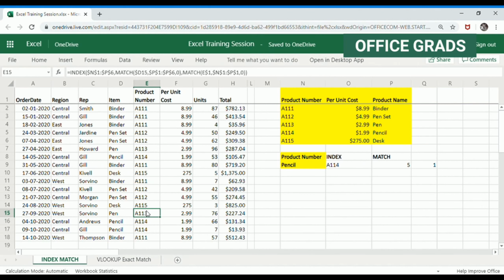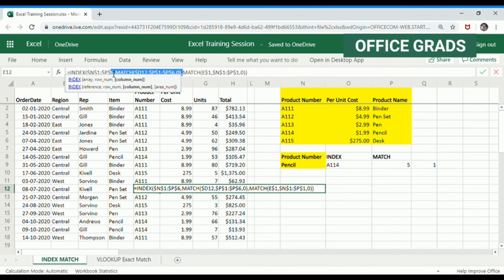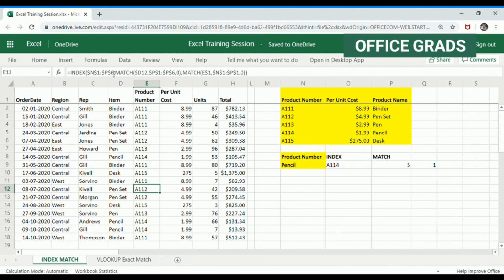Okay, so there you go, guys. This is how your INDEX and MATCH formula functions, and you would have noticed that it is so dynamic. Now you don't have to manually update the column index numbers, right? Now this MATCH formula can also be applied to your VLOOKUP with exact match or VLOOKUP with approximate match. You can simply replace your column index number, where you put it manually, with the MATCH formula. I will make another video to show you how you can do that, maybe in my subsequent videos.